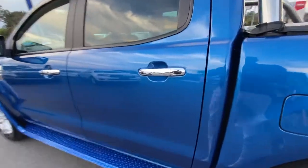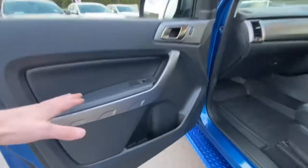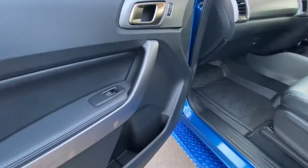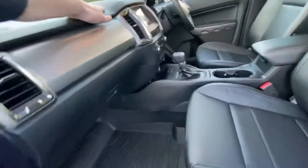With the XLT, you get the chrome door handles. This one's got weather shields fitted, which go over all 4 doors. Coming inside with the leather upgrade, you get full leather through the side, so really touch free. It's really light. Plenty of space for the door pockets. Soft touch dash with storage above. Down through here, you've got the rubber mats as well, which are tailor-made to fit in these cars, so they